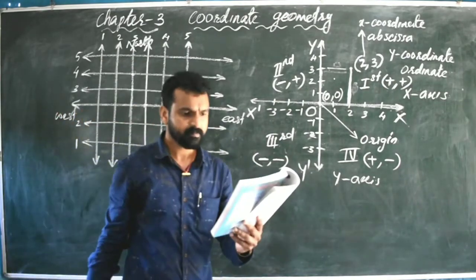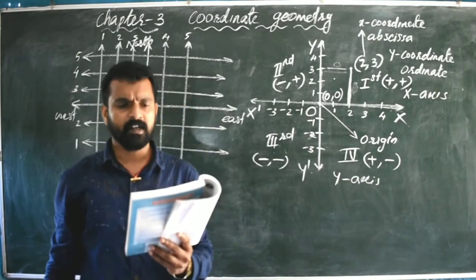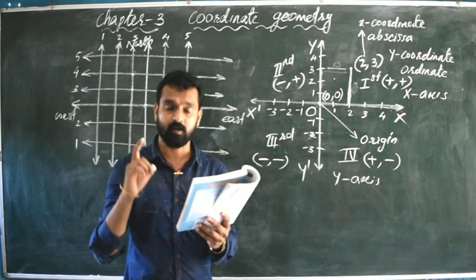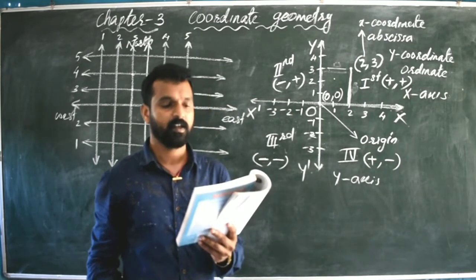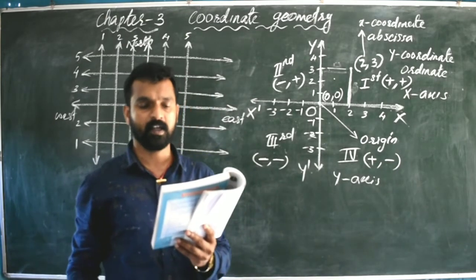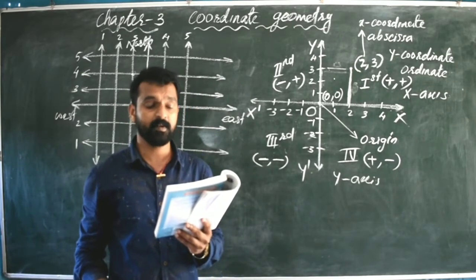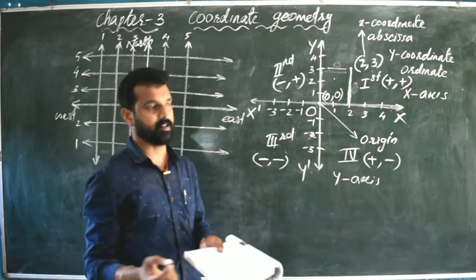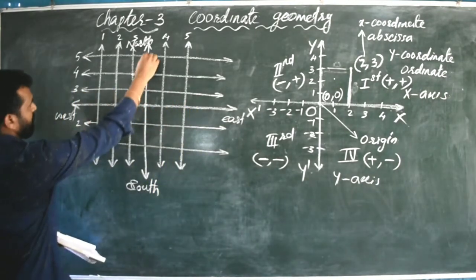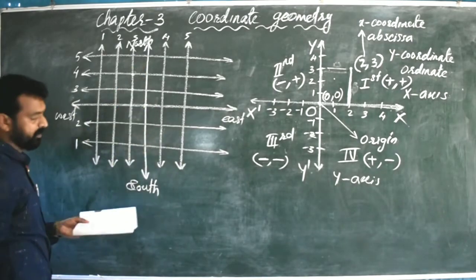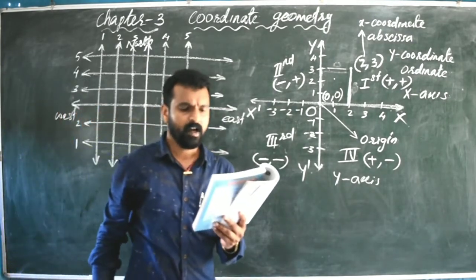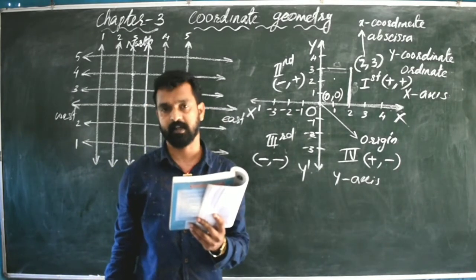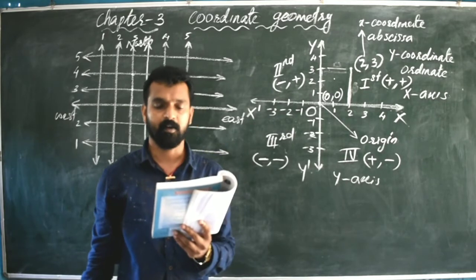Then a particular cross street is made by 2 streets, one running in the north-south direction and another in the east-west direction. Each cross street is referred to in the following manner.